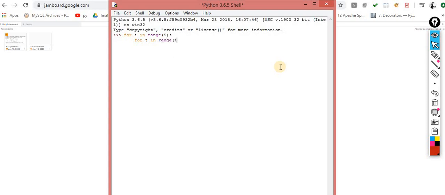Now print of i comma j. Now observe the first case.